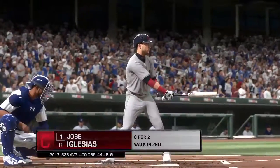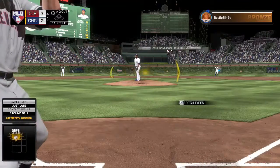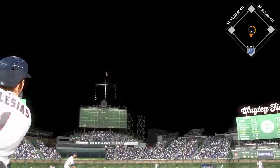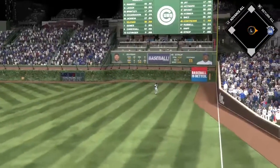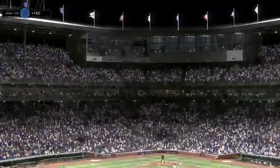Third baseman, number 1. Digging in once again, Jose Iglesias. No hits in 2 trips to the plate for him in the ball game. Hit the other way out toward right field. Hayward has a read on it. No trouble with this one, and the inning is over. Ladies and gentlemen, it's